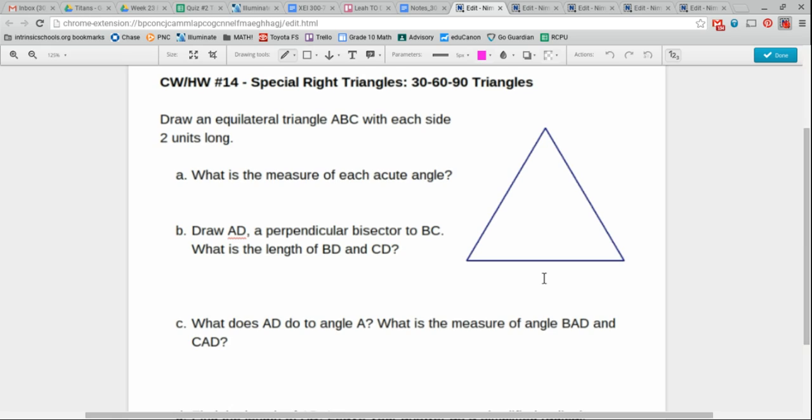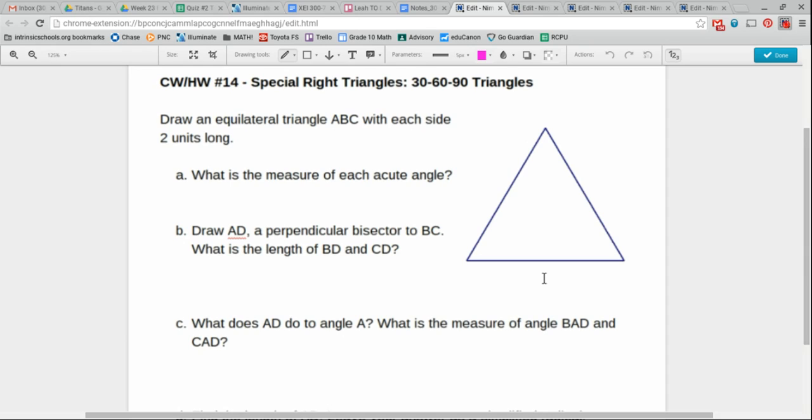And today we're talking about special right triangles, in particular 30, 60, 90 triangles. So this is day 2 of special right triangles. In the previous lesson, we talked about 45, 45, 90 triangles. And now we're going to find some patterns or shortcuts for 30, 60, 90 triangles. So we're going to start by seeing where 30, 60, 90 triangles come from to help you understand what these